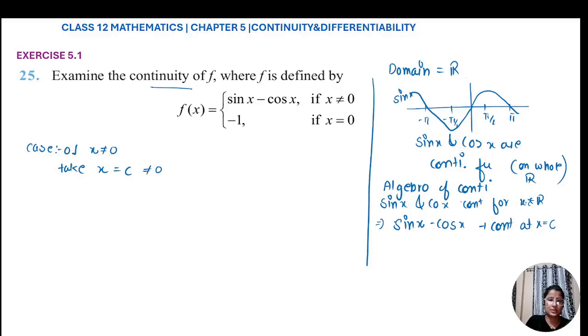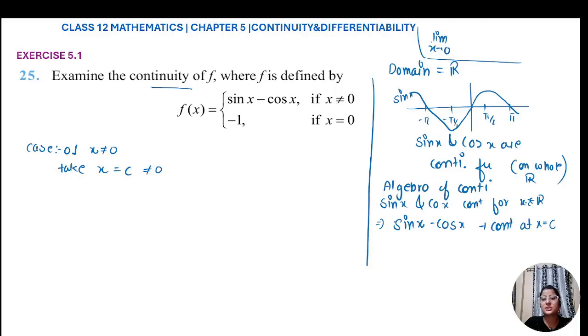Or if you want to check it using the definition, you can. I will give you a hint, instead of taking the limit as x tends to 0. It is perfectly fine to directly use the fact that the sin x and cos x functions are continuous. But if your question specifically asks you to write clearly and explain why sin x and cos x are continuous,